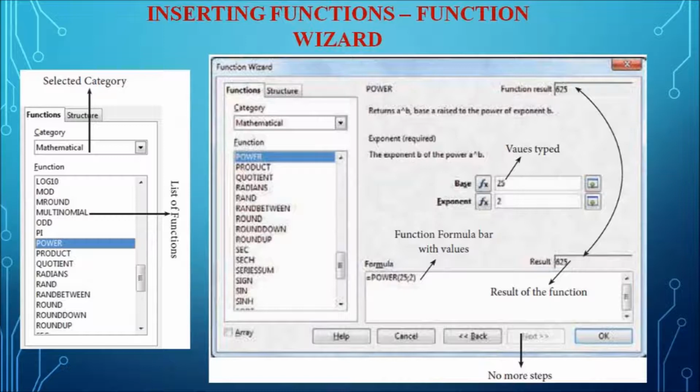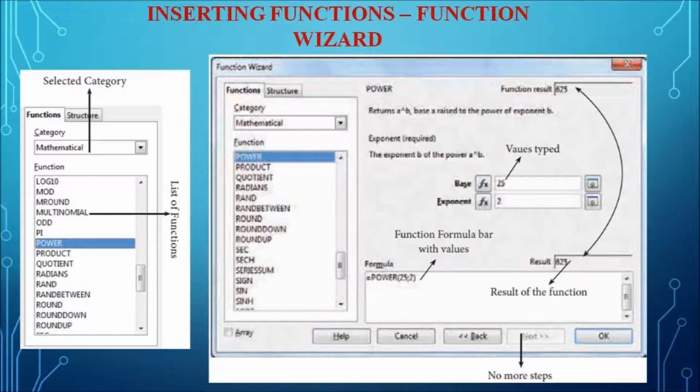First the user will click on the POWER function. There will be two inputs needed: one is the base value and another one is the exponent value. For example, we are going to find the value of 25 to the power of 2. So first we need the base value and the power value.